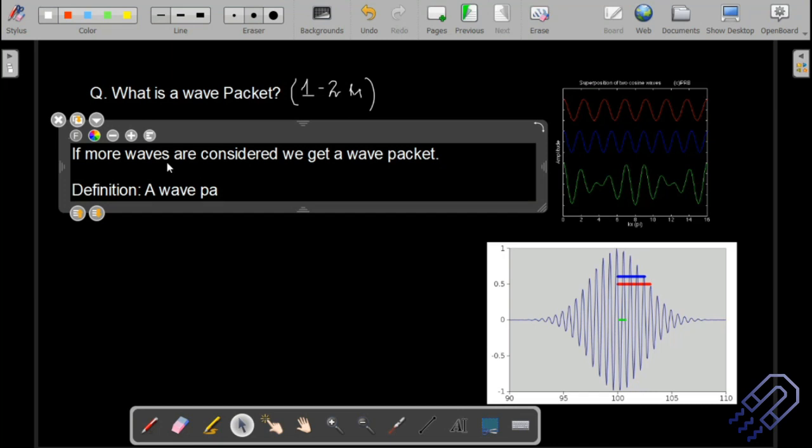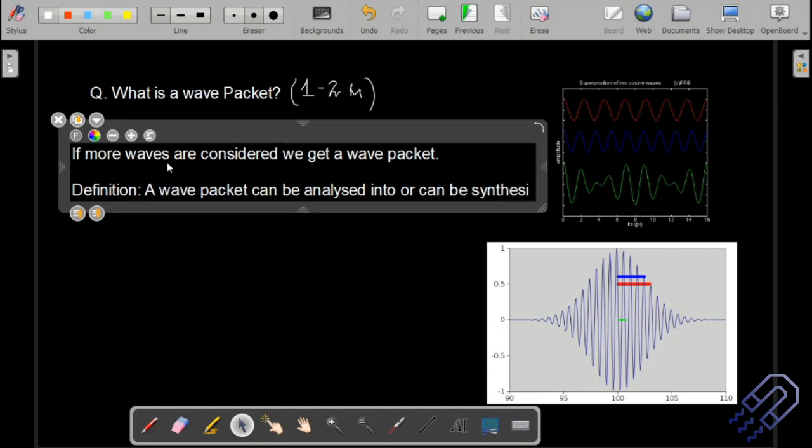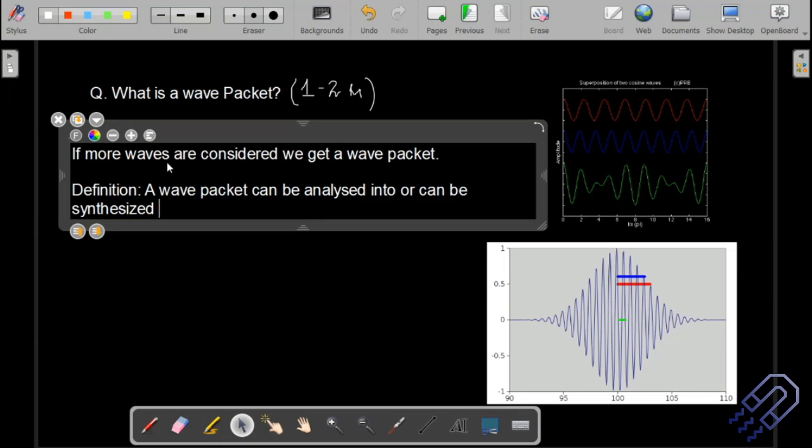So we have a wave packet, and a wave packet can be analyzed, or it can be synthesized. To synthesize means we are going to design a wave packet. We can get it synthesized from an infinite set of component waves, a large number of waves which come together. Although I'm writing down this definition, you don't have to write down the exact definition. You can break it up into sentences, write it down in your own words, and you'll get your full marks, no problem. So a wave packet can be analyzed or synthesized from an infinite set of component